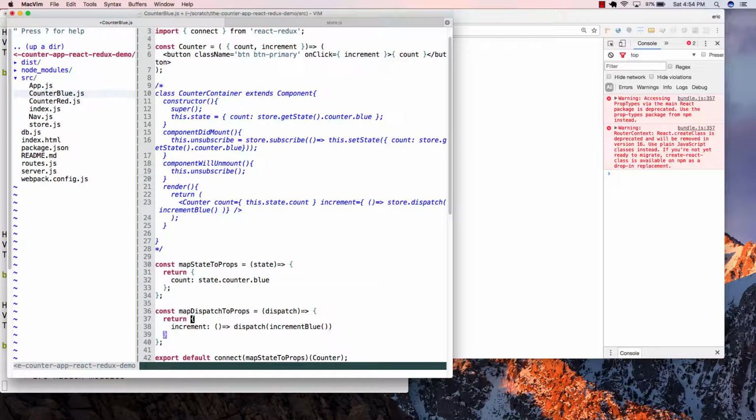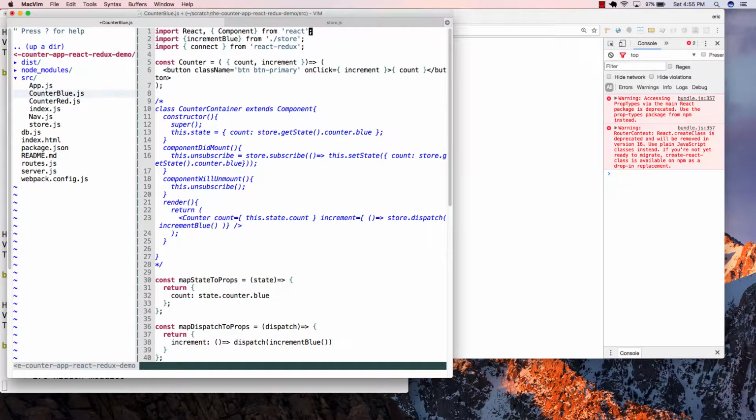blue. So what will end up happening here is that not only can I map my state to props, but I could map my dispatch to props. And all that means is that on my props, I'm going to have an increment function. I'm getting it here. Here's my action creator from increment blue. And my dumb component just has a method to call. And that method is going to be increment blue. And what this should do,